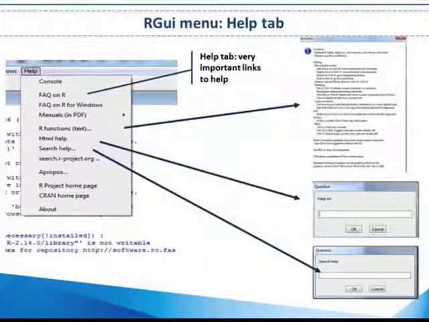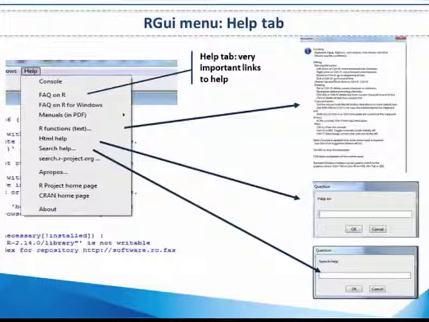The console option gives you the keyboard shortcuts that you can use for the R console. The options FAQ on R for Windows, HTML help, etc. will redirect you to the official online FAQs for R for Windows and HTML version of the whole R system.